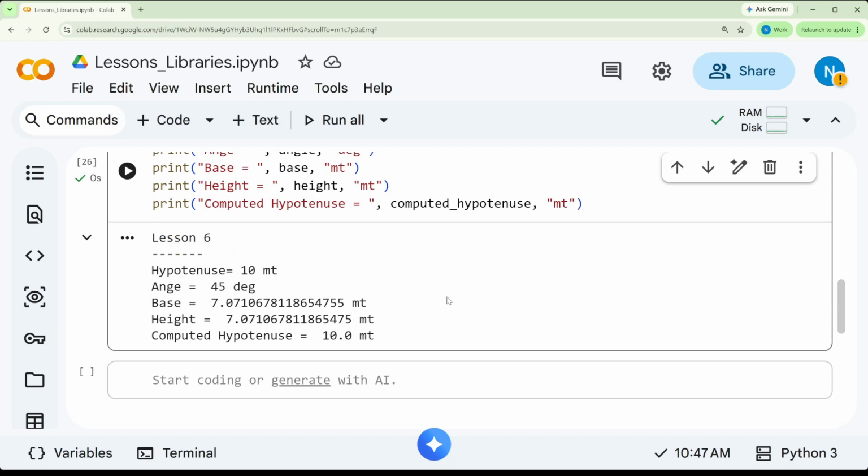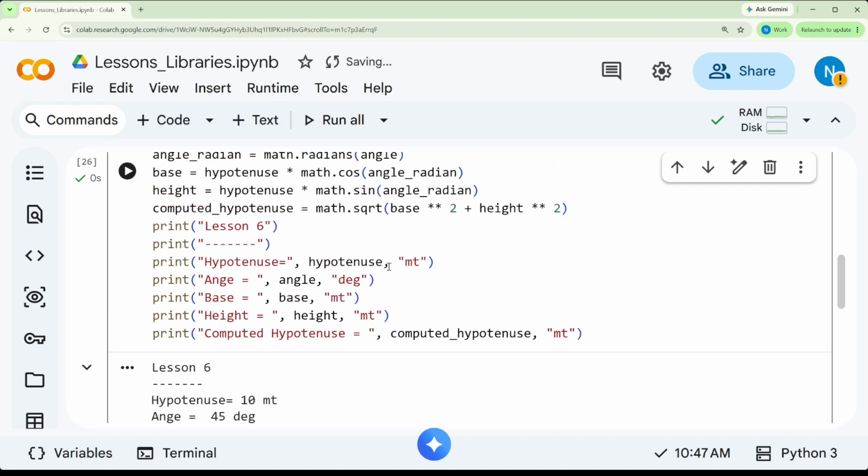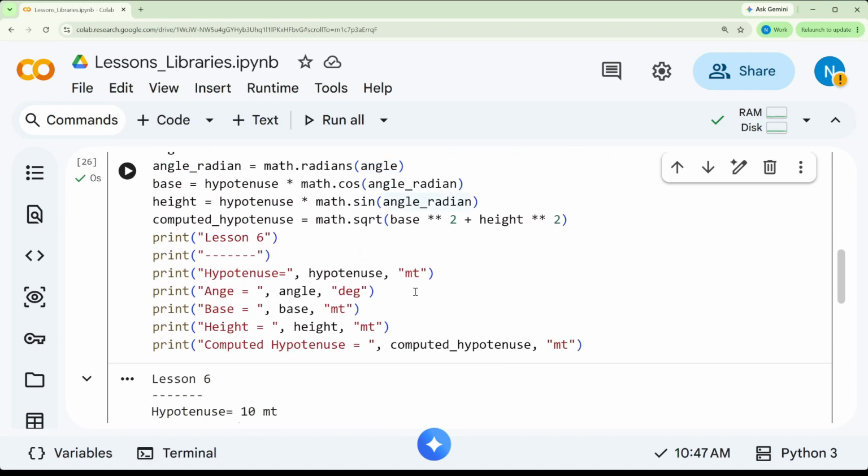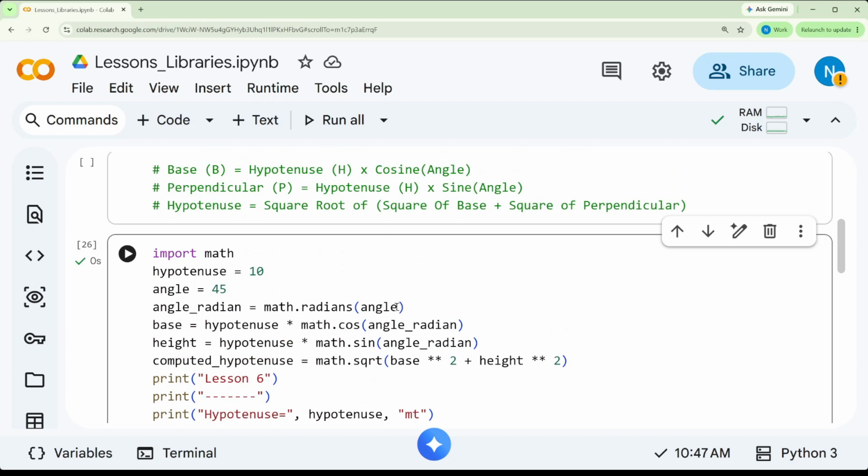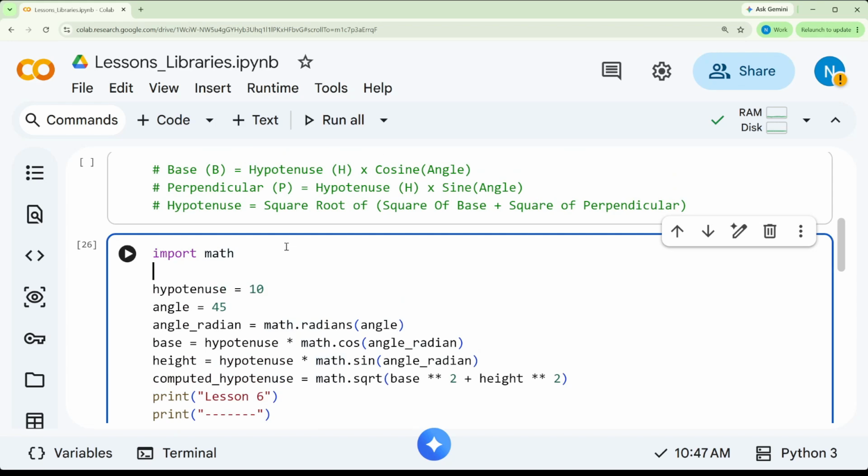So far so good. Don't worry about all the decimal places that are being displayed for base and height. I'm going to leave that as an exercise for you to format to 2 decimal places, like we did in the previous chapter. The last thing that we've been asked to do is to print the timestamp. That is done by including